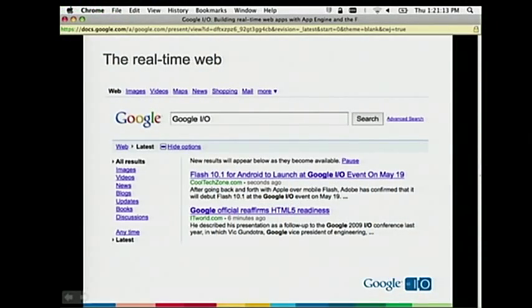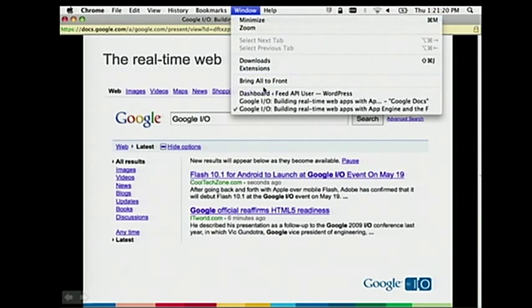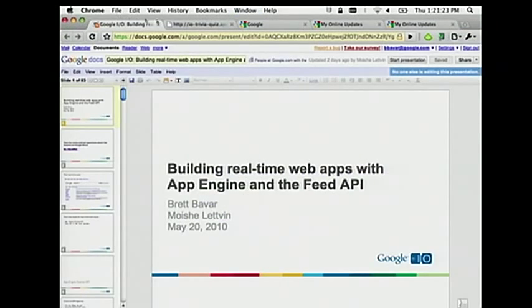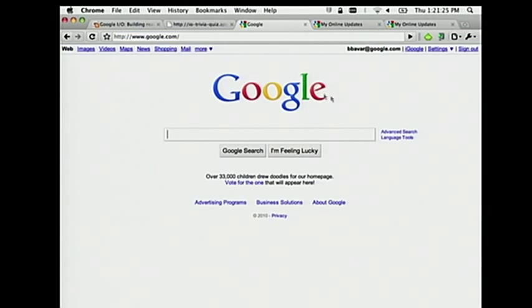All right, so before we get started, I wanted to give you just a little bit of context about what we're talking about when we say the real-time web. I'm sure all of you are familiar with this site right here, google.com. For a long time, google.com has made search results available to us. Say I wanted to search for what people are saying about Google I/O. You can see here I get some very good results, but they don't change. When I'm viewing the page, they just stay the same. I'd have to refresh if I wanted to get new content, and it's probably not even going to change that